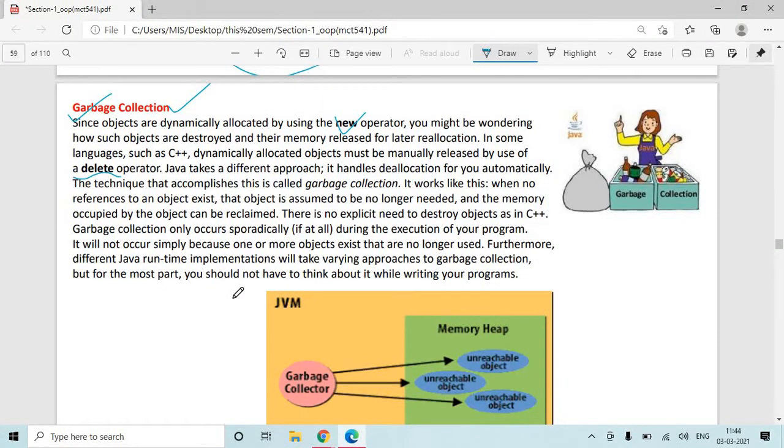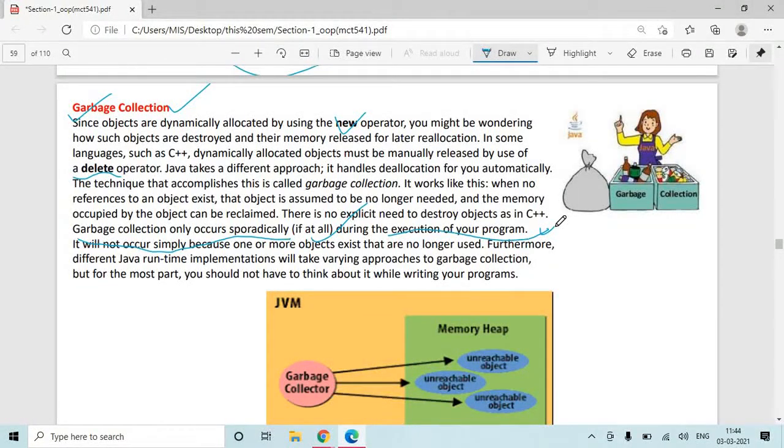It is a decision taken by the system. Here we have mentioned garbage collection only occurs sporadically, if at all, during the execution of your program. This is not in the hands of the programmer.